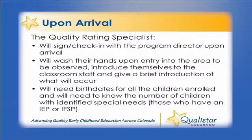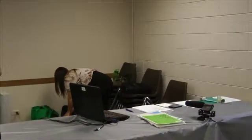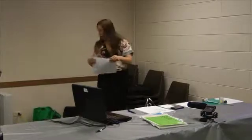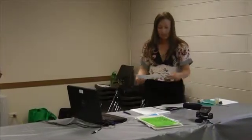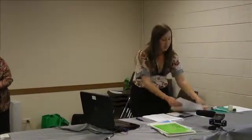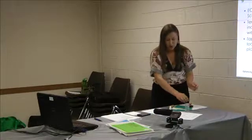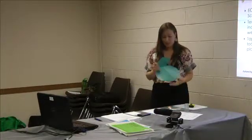So you'll see us pulling out different tools when we're in your classroom. Obviously we'll have the spiral tools that we use. We also will have, let me pull out a score sheet. You'll see us with our score sheets flipping pages and writing down lots of notes as we move around your classroom. And we'll also have different tools like a tape measure to measure your mats and the playground, head entrapment tools,